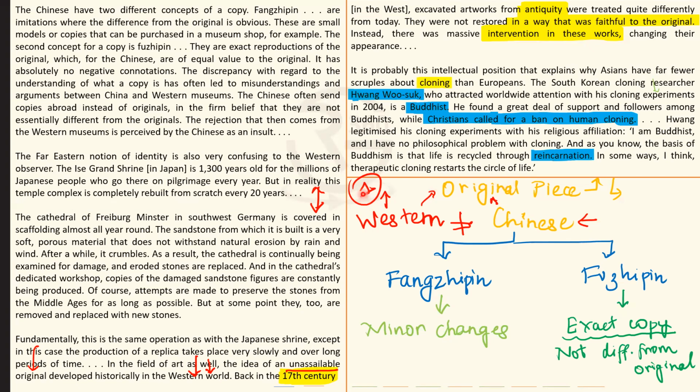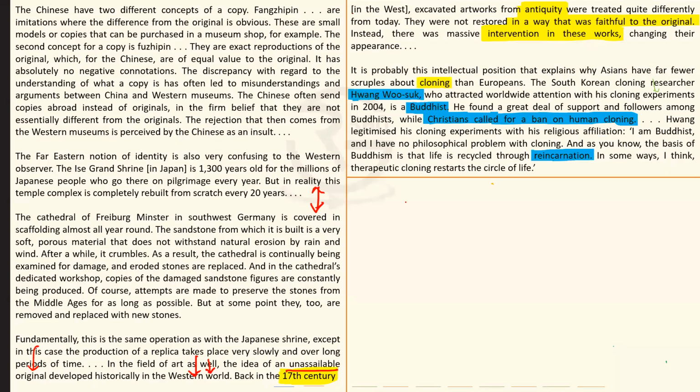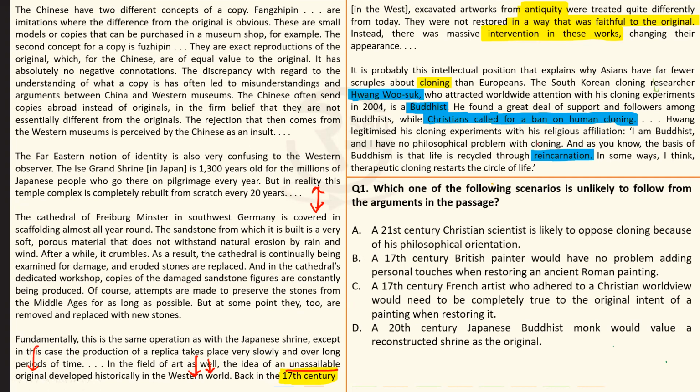Okay, so with that I hope that you have understood what the paragraph wants to say. With that, let's go to the question now. Okay, coming to the first question. All right, what does the question say? Which of the following scenarios is unlikely to follow from the arguments of passage? So you want to find an option which is not according to the author, not in line with information given